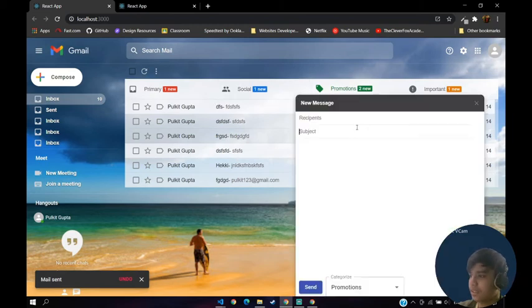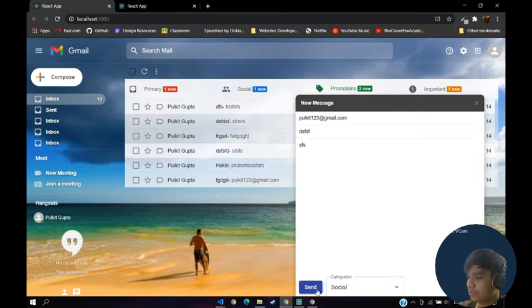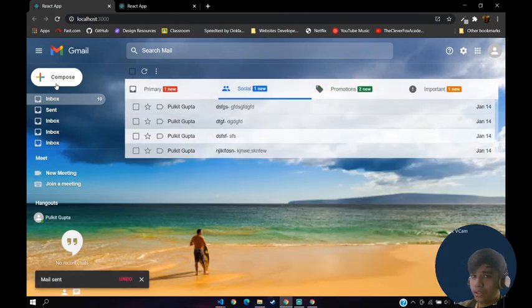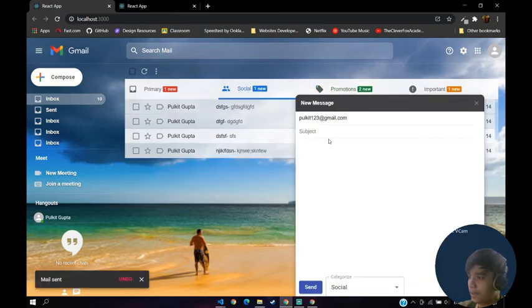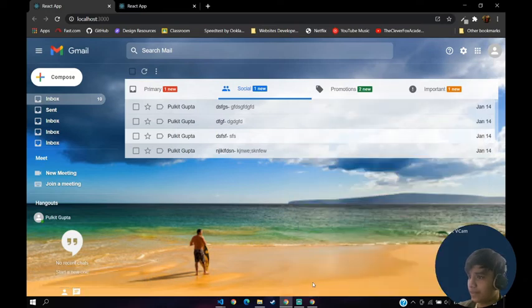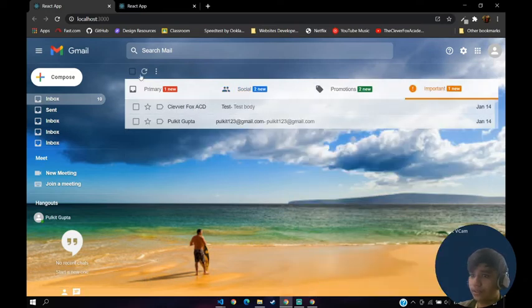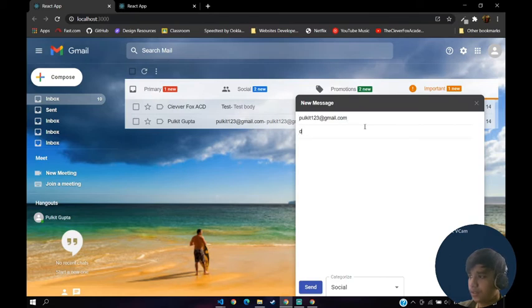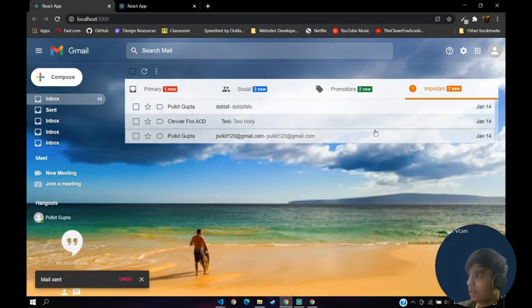Let's do the same thing with the socials. Social 1 new, perfect, and then 2 new. Let's check with important, and then important updates. Basically, the updates are working perfectly fine, correct.